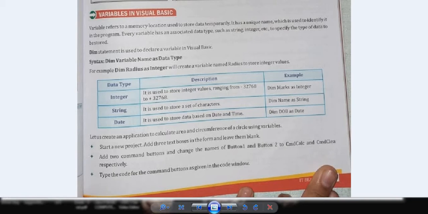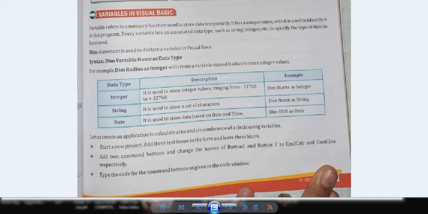When you create a variable, there's one particular way, a particular syntax: Dim variable name As data type. Here you can see Dim variable name As data type. So Dim a As Integer. A is the variable name, and just after that you will mention As, then the data type. Data type means Integer. I am giving integer as the data type. Dim a As Integer, right?